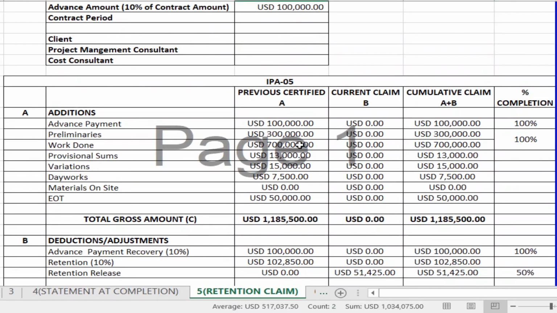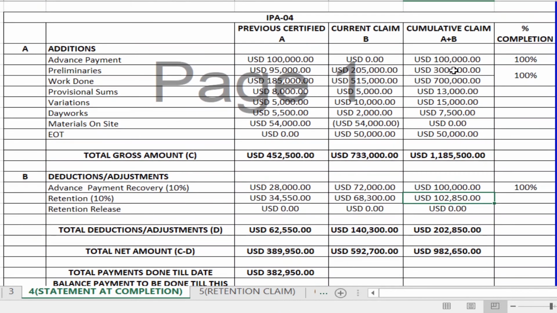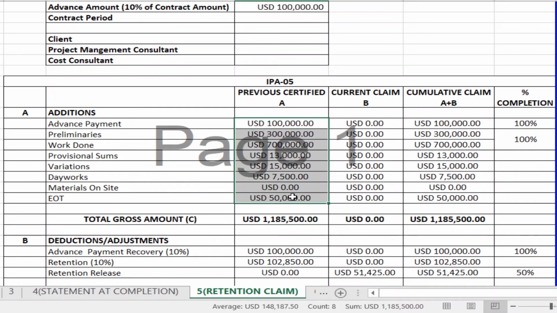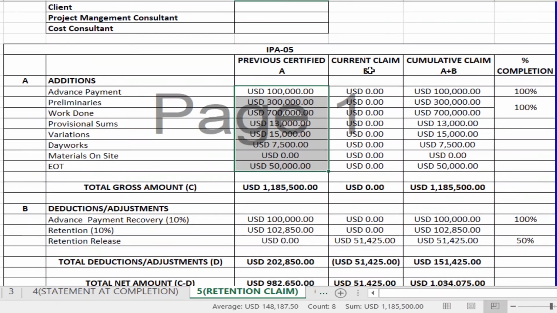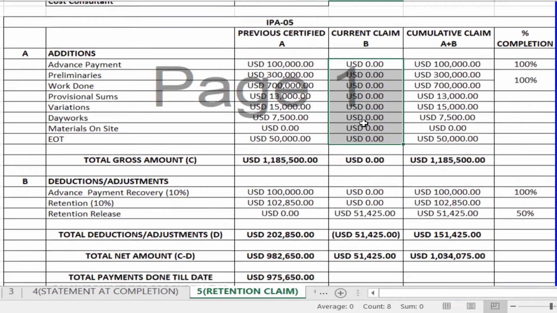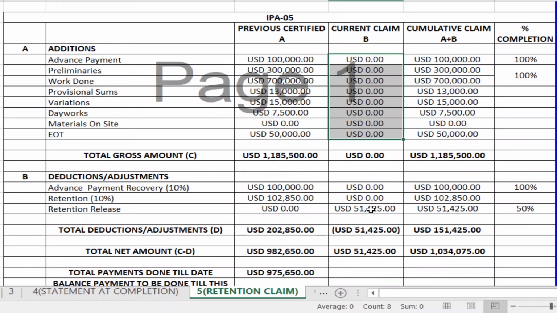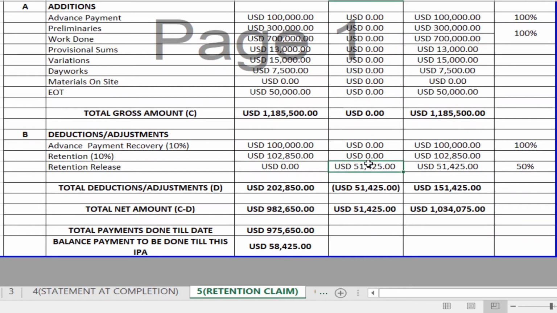So your cumulative claim of the previous payment application will become the previous of your retention claim. I have considered it as your 5th payment application, and your current claim is 0 because you are only claiming your retention here. So here, your retention release is half of 102,850, that is 50%, and you're claiming it as your current claim. Finally, your claim will be 51,425.